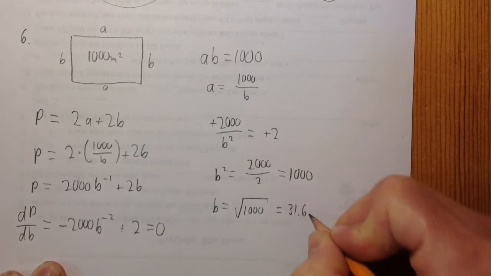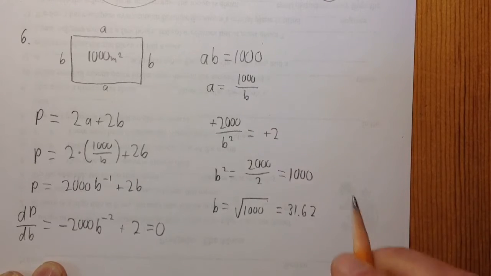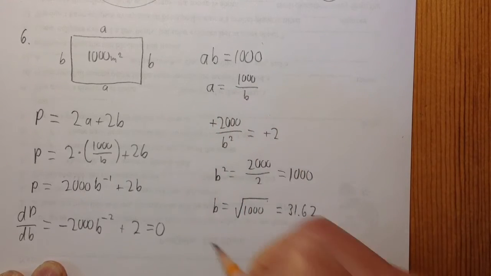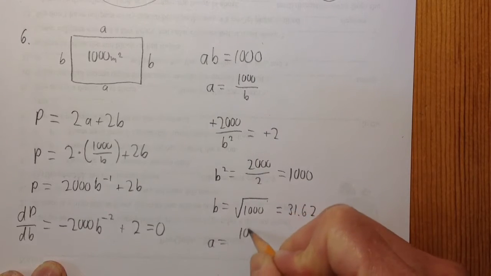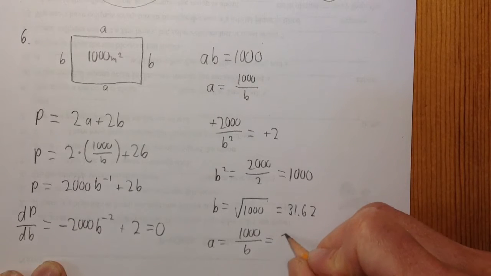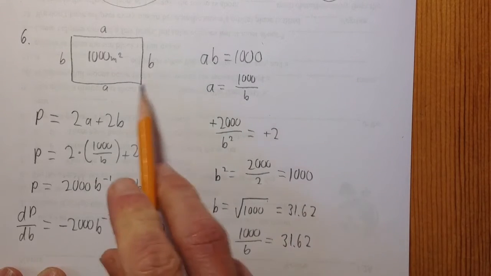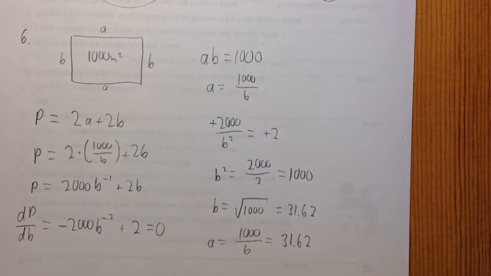So let's just say 31.62. Okay, a is 1,000 divided by b, which is 1,000 divided by that. And that is going to be the same thing, it looks like, which makes sense. So a is the same thing, 31.62. So it should be a square. Both sides are 31.62. So it looks like if we want to minimize the perimeter, the best shape is a